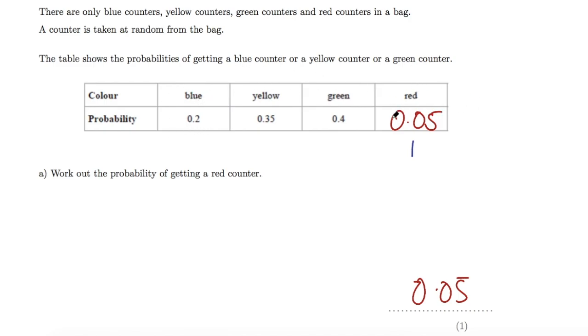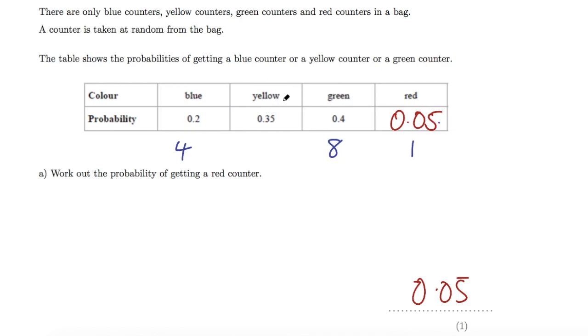So if I multiply 0.05 by 4, I get 0.2. So therefore there must be 4 blue counters in the bag if there's 1 red counter. And if there's double the probability of picking a green, there must be double the number of blue counters. So there must be 8 green counters, and then there's